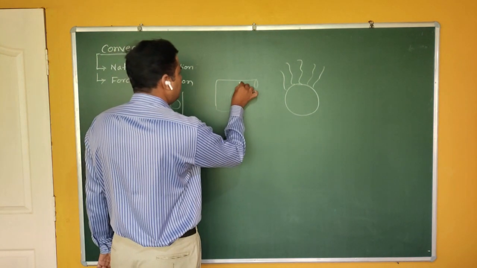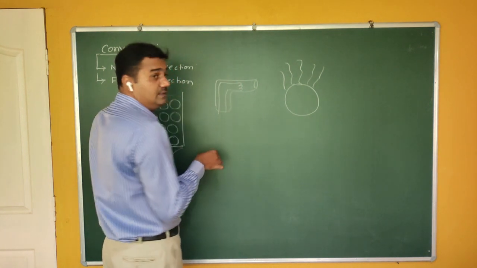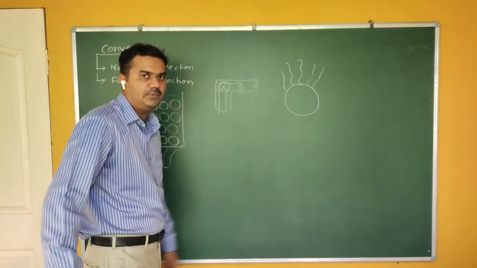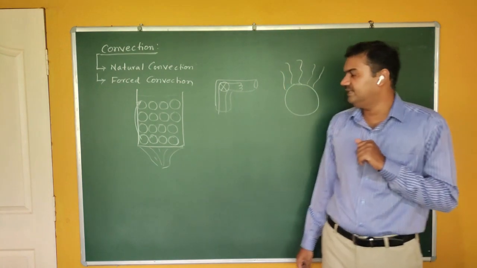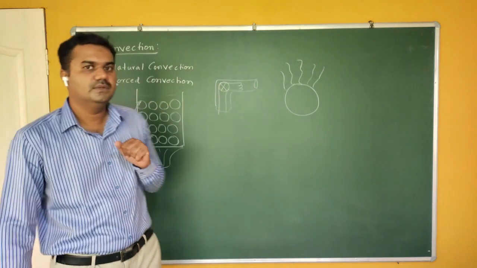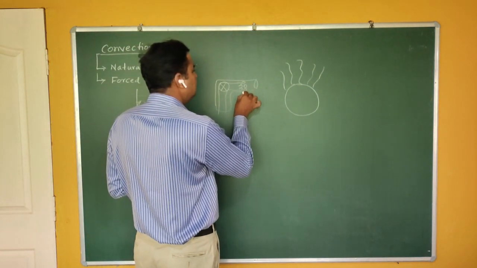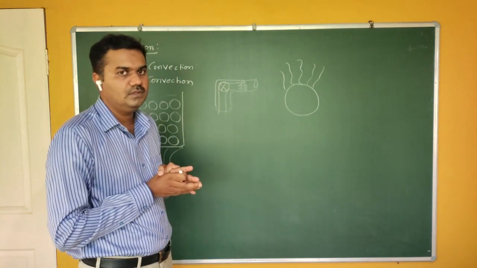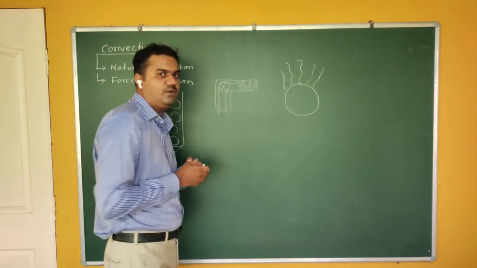It contains two parts. One is a heater part, and second is a fan part. One heater is there, one fan is there. When current pass through this heater, that heater gets heated. As this heater get heated, the air molecules present near the heater, they also get heated. So therefore these air molecules get heated, but they are not moving.